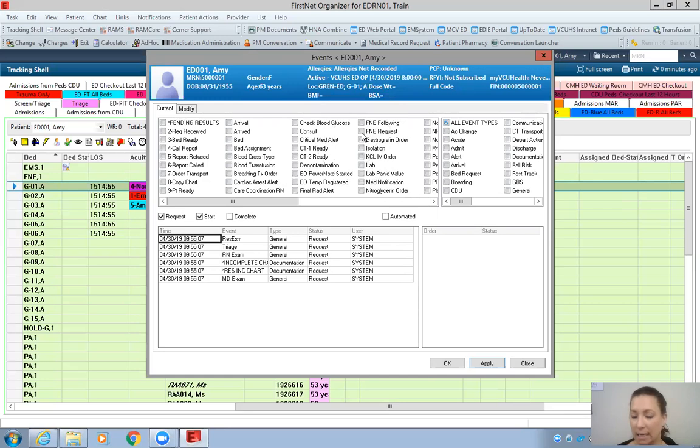Okay, and the biggest one that I always pick up is if you come up here, right here to where it says FNE request. FNE is our forensic nursing. We have a fantastic forensic nursing program here, and they are some of the most compassionate, caring, thoughtful people I've ever met in my life. I love working with them. But you can put in an order for a consult, but it won't put in for an FNE request. So this is where you would have to come in,